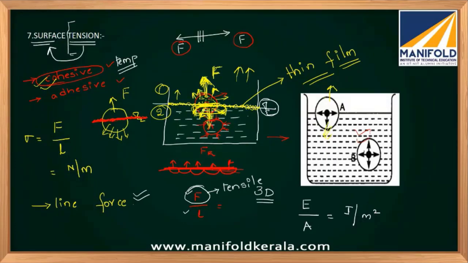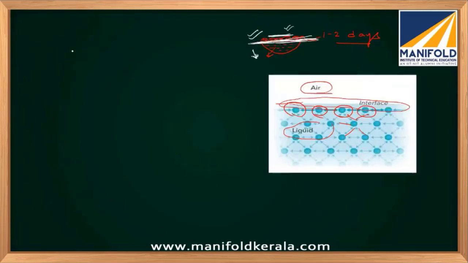Inward forces will be due to cohesive forces. To stabilize these cohesive forces, we use an outward tensile pull force. The best example you can give for surface tension is a water droplet. Whenever you see rain, the raindrops are in this shape at a certain height. When it comes nearer to the earth surface, it becomes spherical. Why it becomes spherical is due to the surface tension phenomenon.